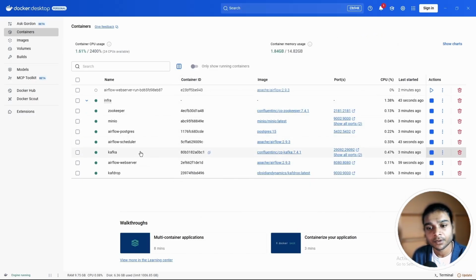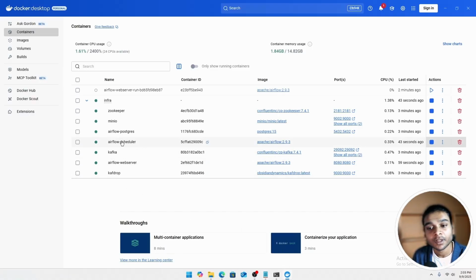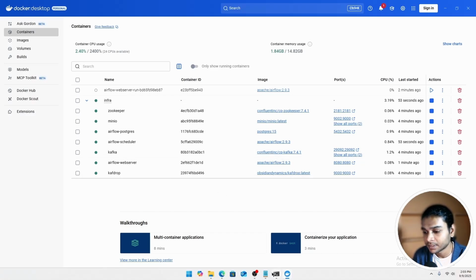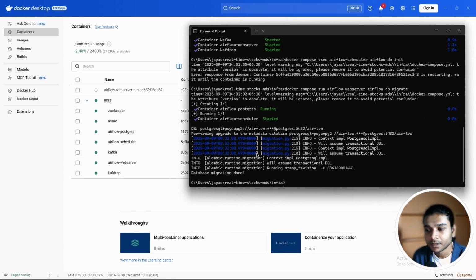But for the Airflow, we need to set the password after the Airflow is initialized and running stably, which is now. So this is the right time to define the credentials for the Airflow because it is stable now. So to define the credentials,